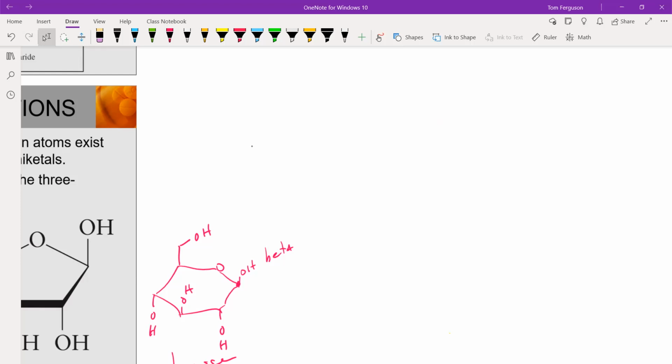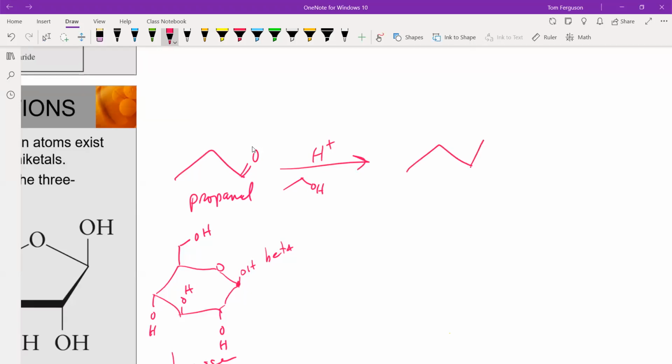All right, so I'm going to do a simpler example of a hemiacetal. Okay, so when we have this, that's propanal. And with an acid, I mean, with an alcohol added to that aldehyde, like ethanol, we are going to get